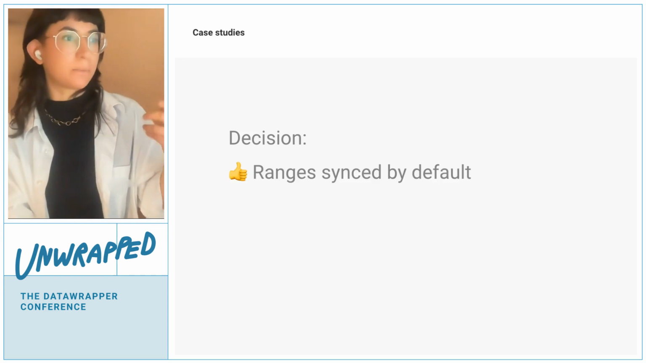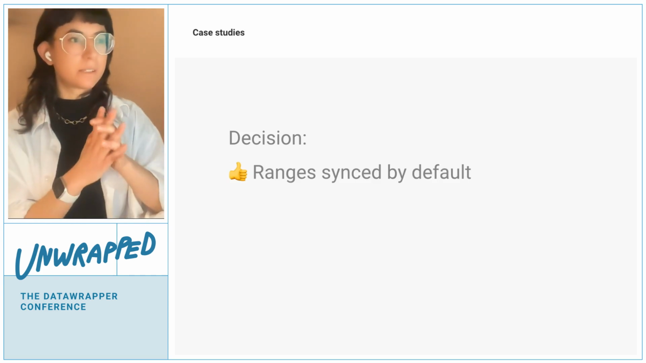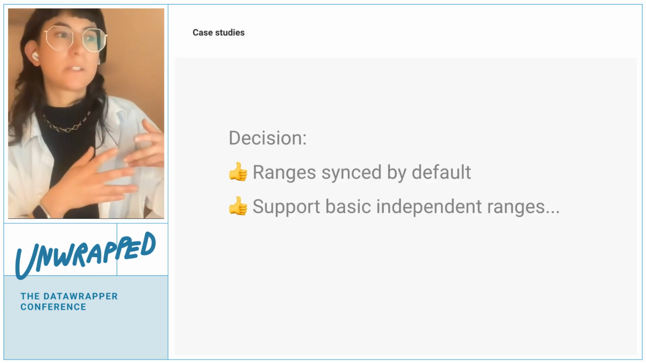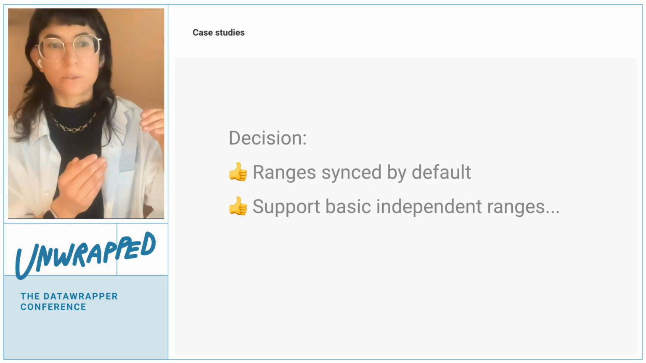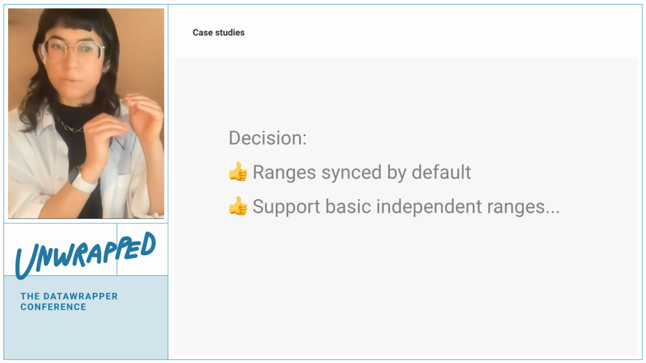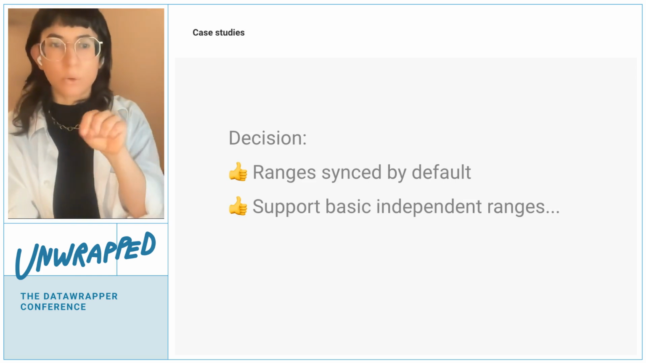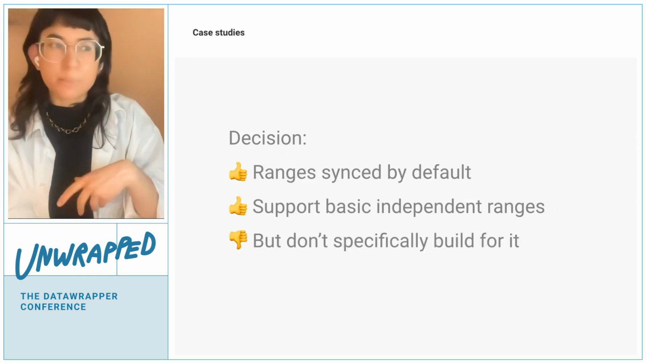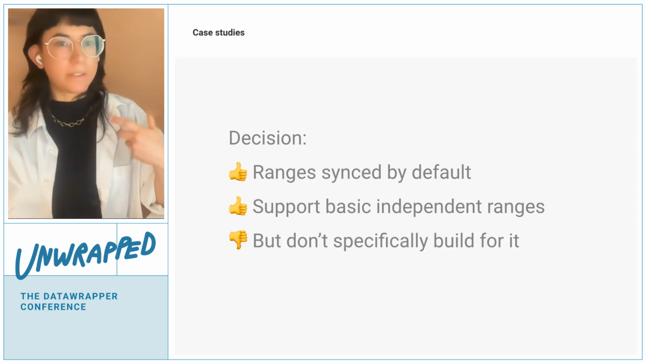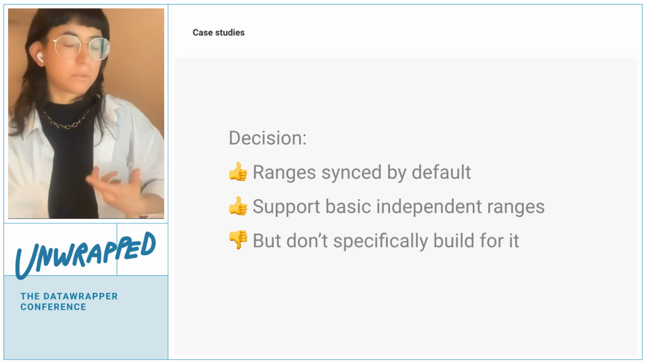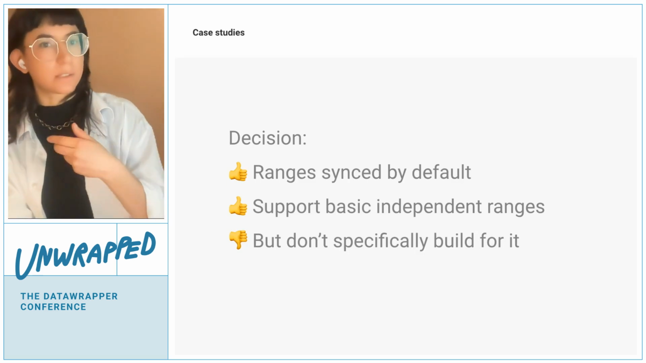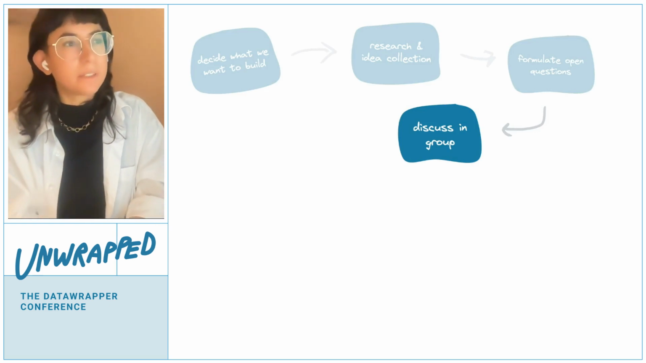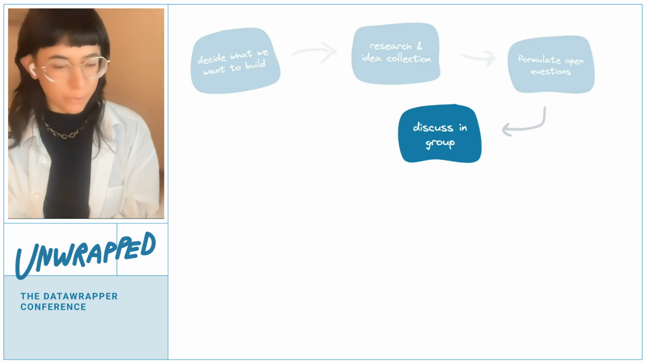So all we decided in the end was we will have the ranges synced. So there's just one configuration for the ranges. We would still allow the independent ranges, but in an automatic way where you can't configure the individual ranges, it just automatically applies based on the data. So yeah, we would support it, but not specifically built for it. And that helps us reduce the complexity in the tool while still supporting a lot of the use cases that there are. So yeah, that's one example of one of the things that we discussed